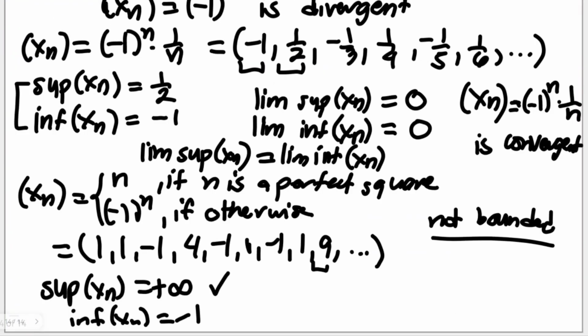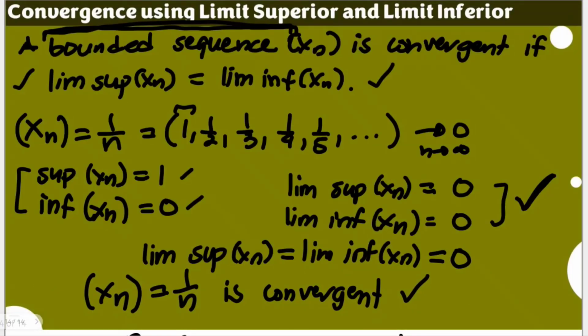Automatically, with this, we cannot say whether it's convergent or divergent based on this theorem; we cannot guarantee this. You may have different examples or different ideas, but just for the specific theorem of this one, since it's not bounded, we cannot use that here. So just for the fourth example, since it's unbounded, we cannot move forward using the theorem. So it's very critical to identify whether the sequence is bounded or not in the first place.